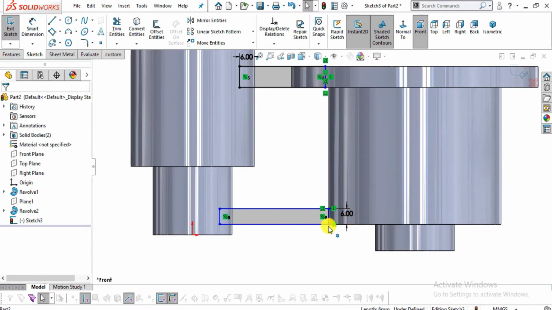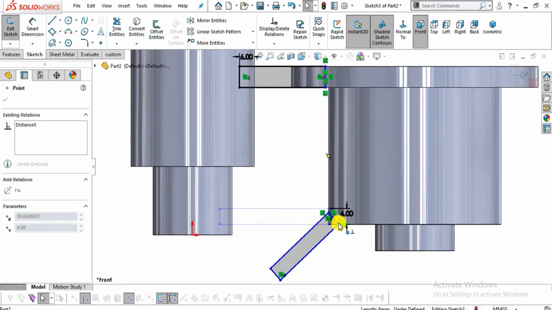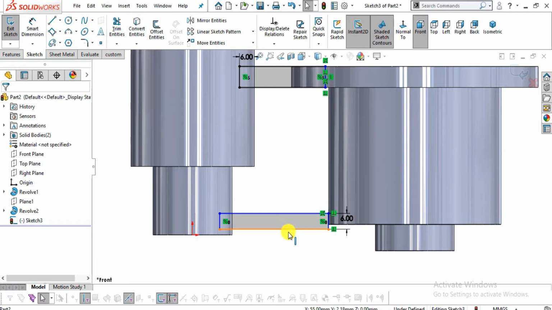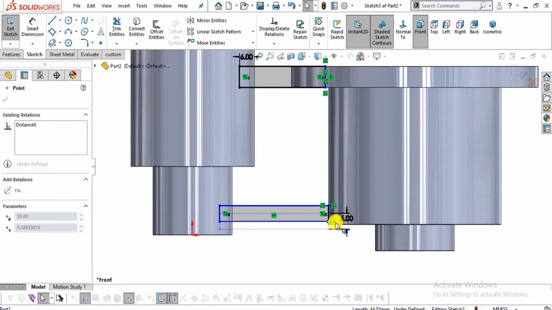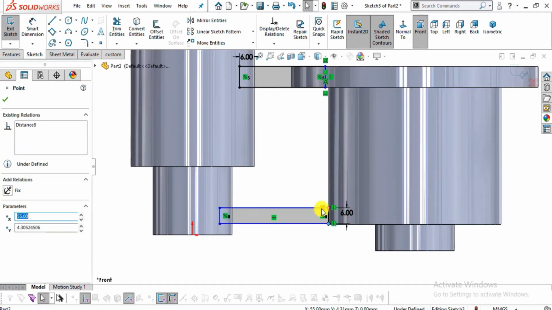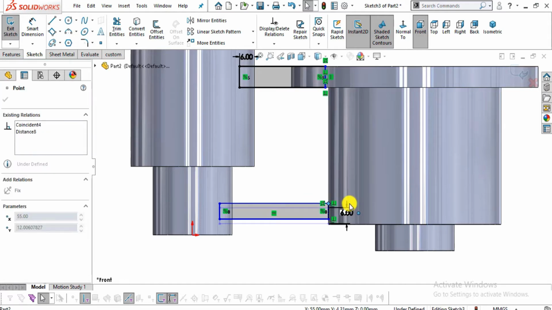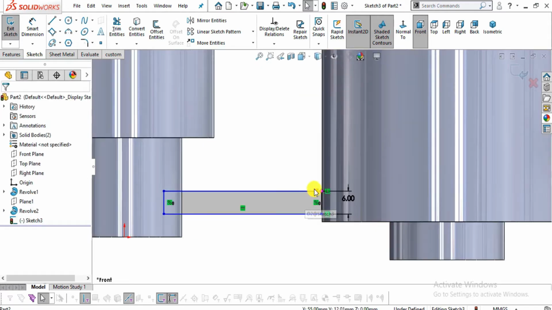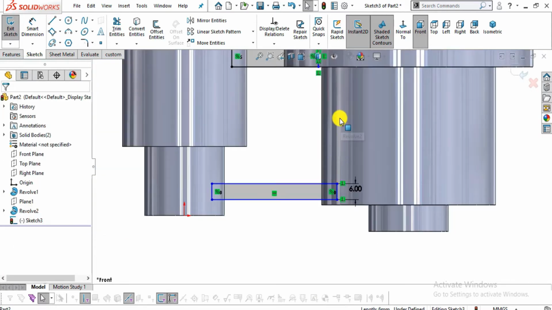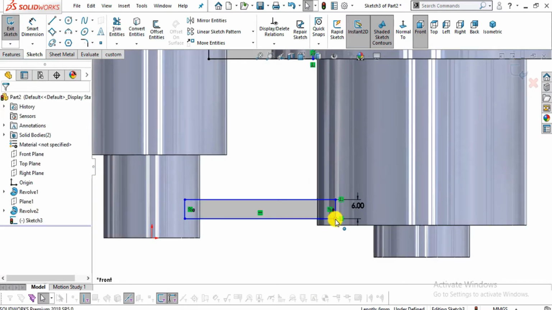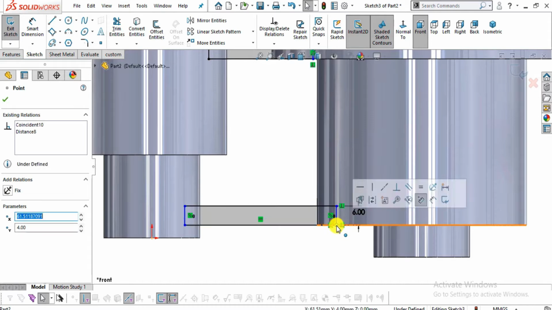and so let me make this horizontal and delete this coincident relationship and drag it up to here and drag this point up to here.